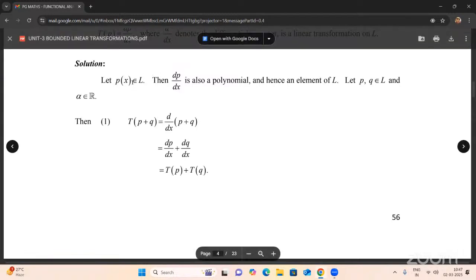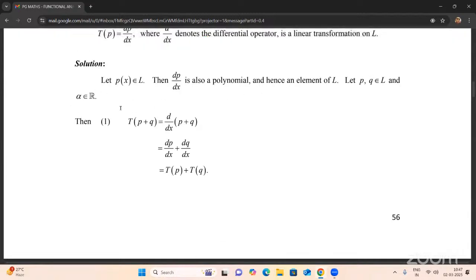So that the relation is also a polynomial. Here we are taking any two elements, that is, any two polynomials. P means P of x, Q means Q of x. So P of x and Q of x is also a linear space, with alpha being any real number. Now we will satisfy two conditions, that is, the transformation of P plus Q through the set of all